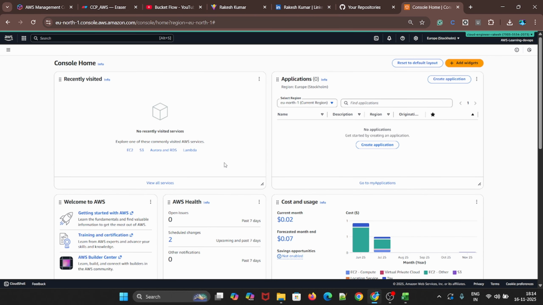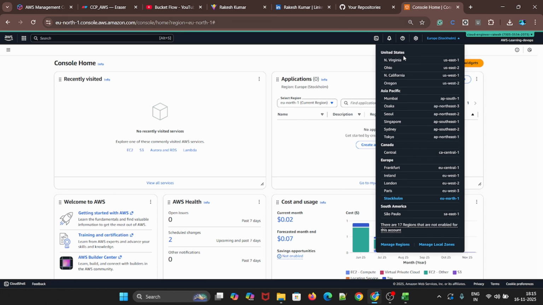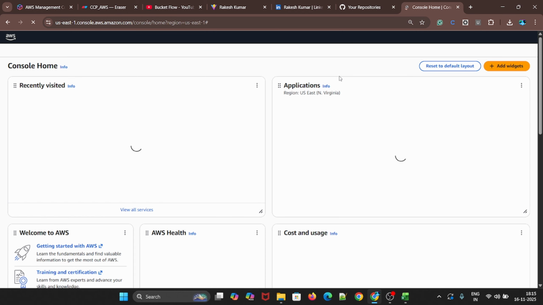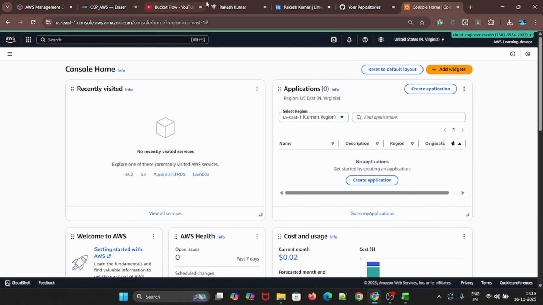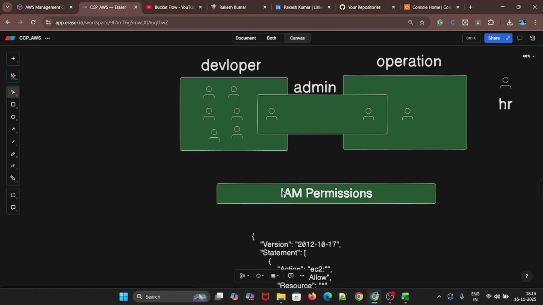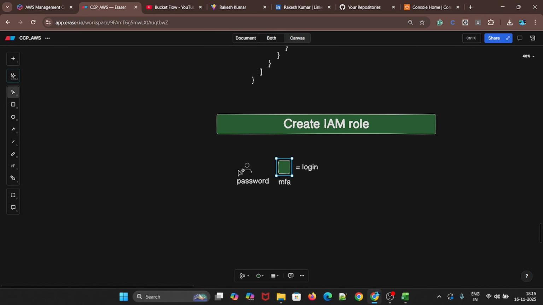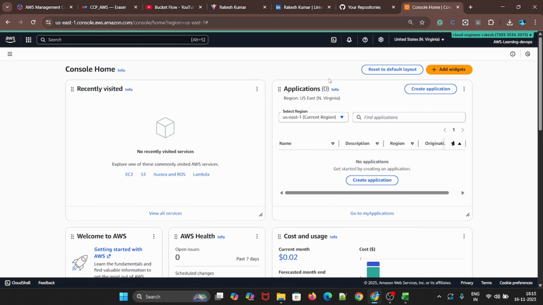See here, for the first time if you log in, you will see it like this. That is how you can create an IAM user and log in. So as of now we saw this, we have created an IAM user with the password. Now we need to set the MFA, and then we'll try to log in. So to set the MFA,